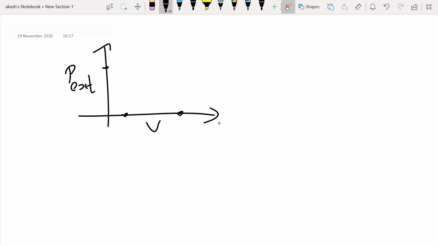Now this external pressure, the point which I have marked, is not going to change, but the volume of the gas is going to change, isn't it? Because it's undergoing expansion. Am I doing it correctly? Oh, wait, this should not be this big of a pressure. Let me do it once again. So this is actually going to be a small pressure, because there's just atmospheric pressure. Let me mark it here. That would be better, right?